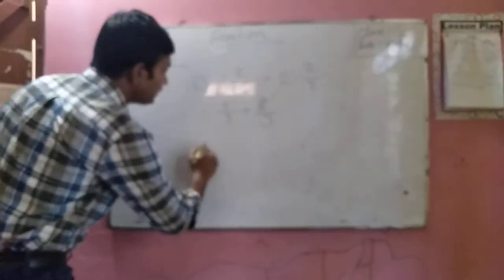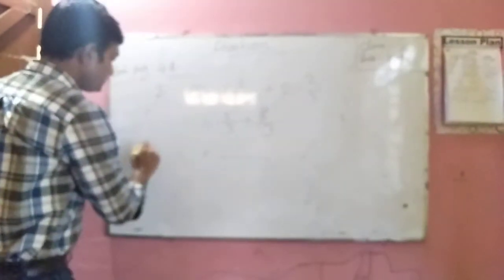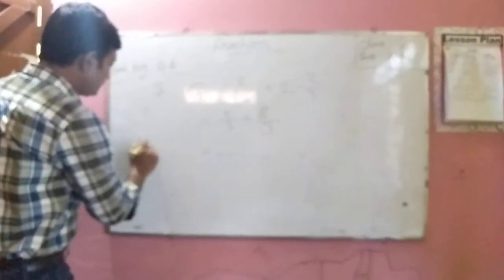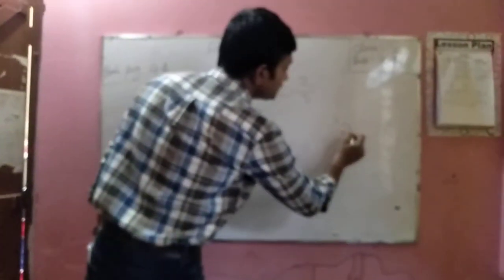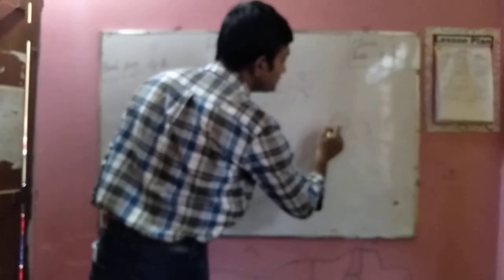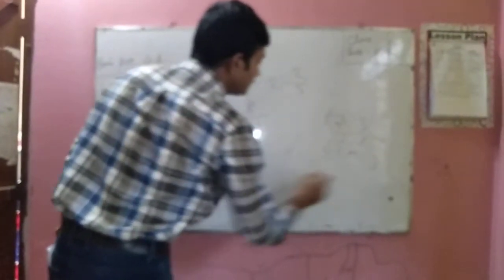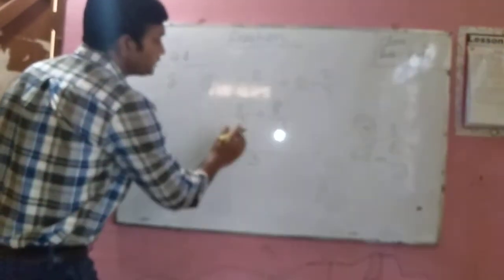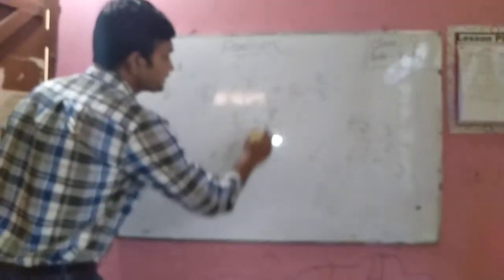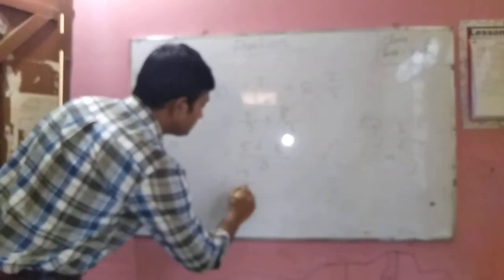5 by 3 plus 8 by 3. Now take the denominators 3 and 3. Here we should write 3 and 3, make the LCM divided 1 1. So the LCM should be 3. So here LCM is 3. So if we divide 3 by 3, 3 1s are 3, 5 1s are 5 plus 3 1s are 3, 8 1s are 8. So here 5 plus 8 is 13 by 3.